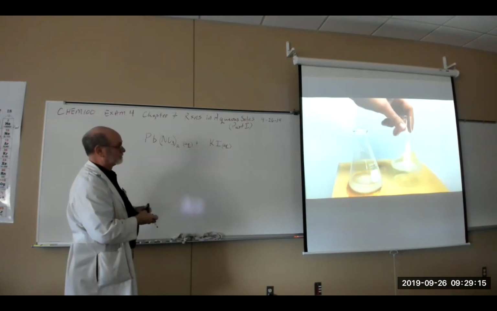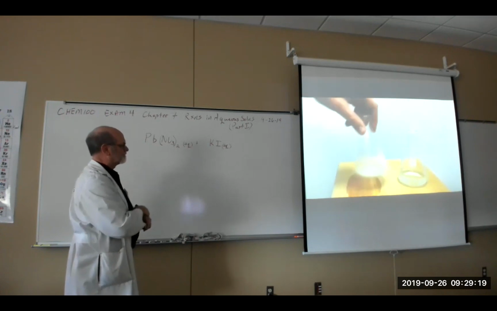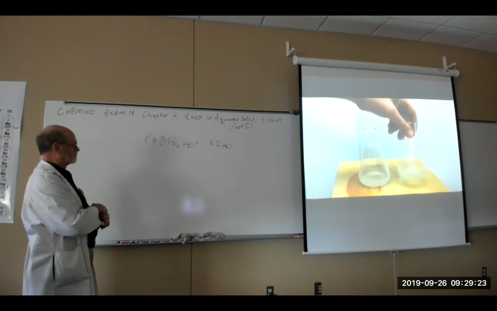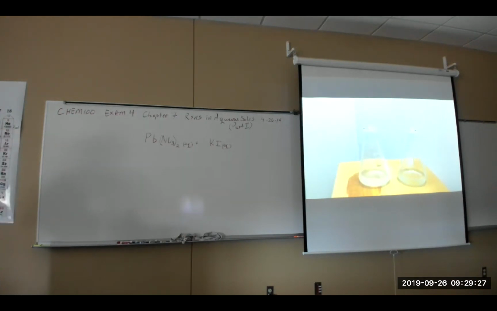And I have two aqueous solutions. You can see through them, and you can see the solids have now dissolved. Now, interesting enough, lead nitrate is made of the nitrate ion. Nitrate ion is NO3 minus 1. Anything combined with the nitrate ion is soluble because the nitrate ion, NO3, is 4 atoms stretched, and you have